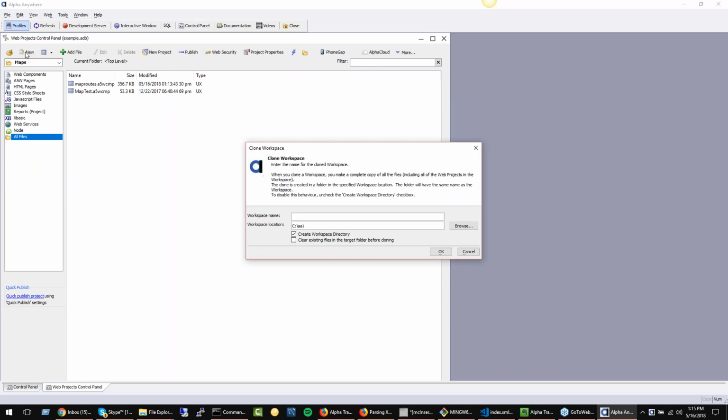So if you've got a project you've been working on that you would like to tweak a little, give a facelift, or deploy as a different application, you can copy that whole workspace and start from there. It's also great for working with our samples. If you want to take a sample but you're afraid you're going to mess it up, you can always download it again, but that could be perceived as a hassle for some. So you can copy it using this clone workspace feature and then work from there.